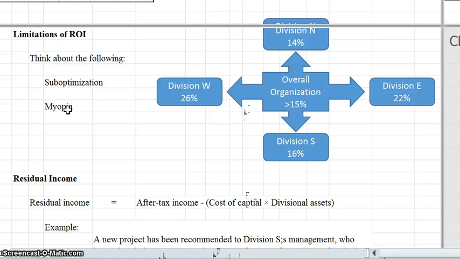We would see this a lot with things like pharmaceutical companies, where we're not able to see the benefit of what they're doing until later, when they're able to actually produce something that will generate revenues and net income. Also, a big thing is, if we focus on the overall organization,